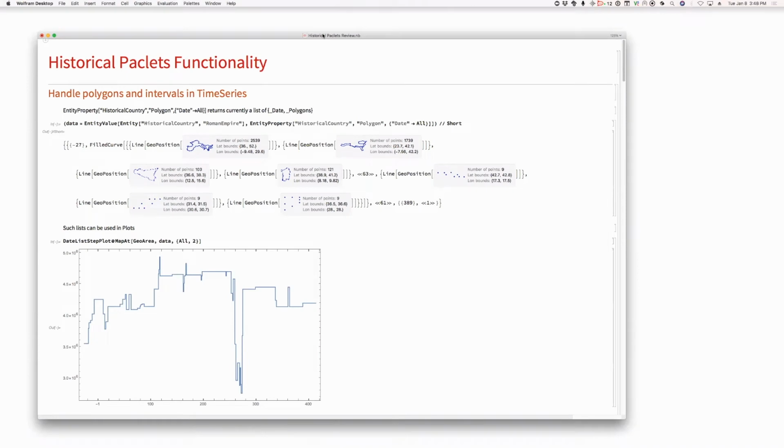Okay. People joining this live stream, we are talking about how historical data is handled in our knowledge base and its interaction with Wolfram Language. So, first up here, we seem to have the history of the area of the Roman Empire. I assume those are so